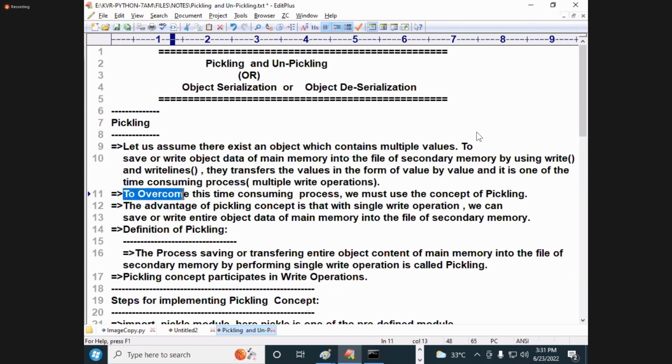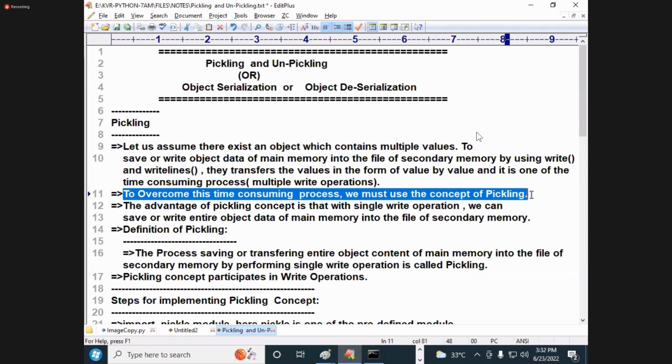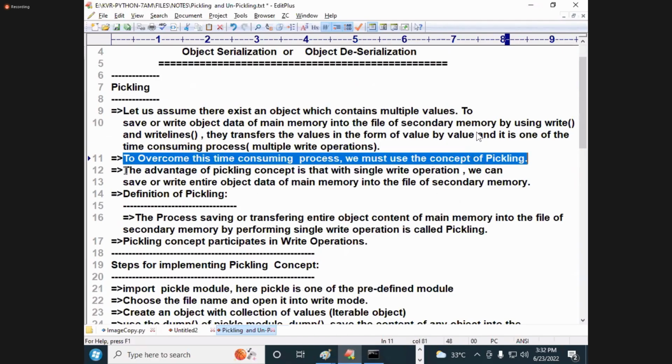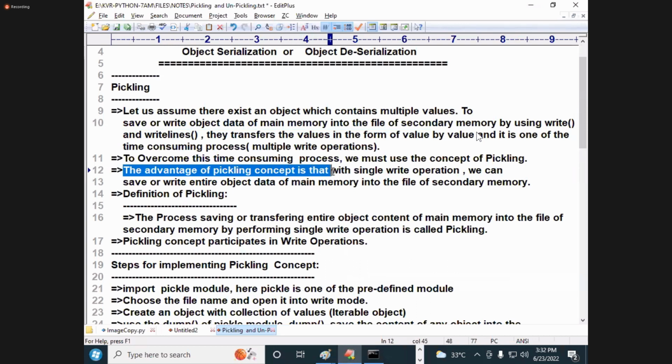Right. To overcome this time consuming process, we must use the concept of pickling. The advantage of pickling concept is that with the